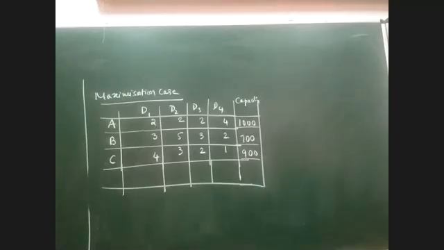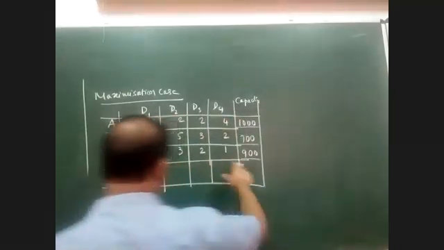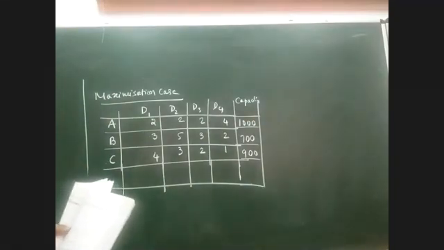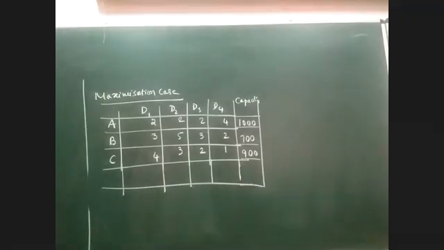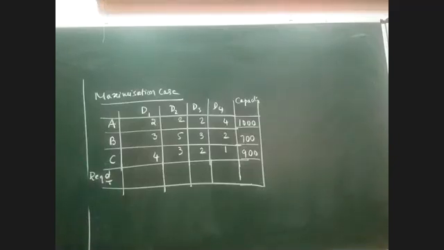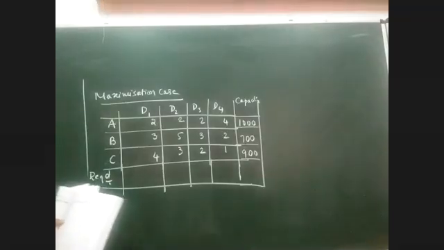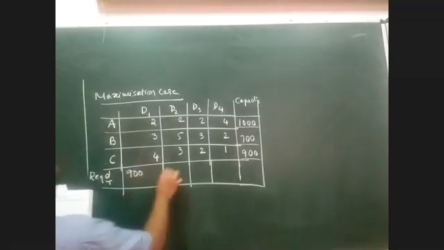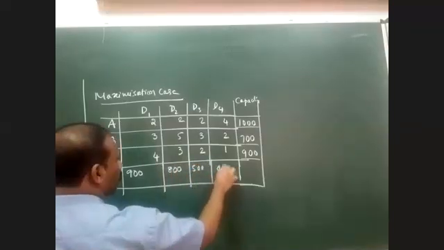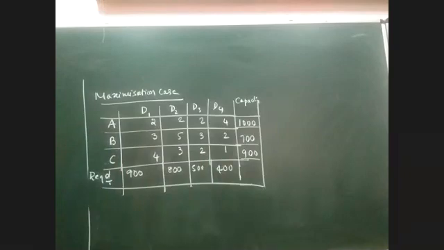Similarly, I am supposed to write one more set of values, which comes column wise. And here the columns are represented by the distributing companies. They have given that the requirements from the dealers are 900, 800, 500, and 400 units per month respectively. So the capacity is given, and the next thing given is the requirements, for all the 4 distributors. That is 900, then 800, then 500, and the fourth is 400. So this is the question.